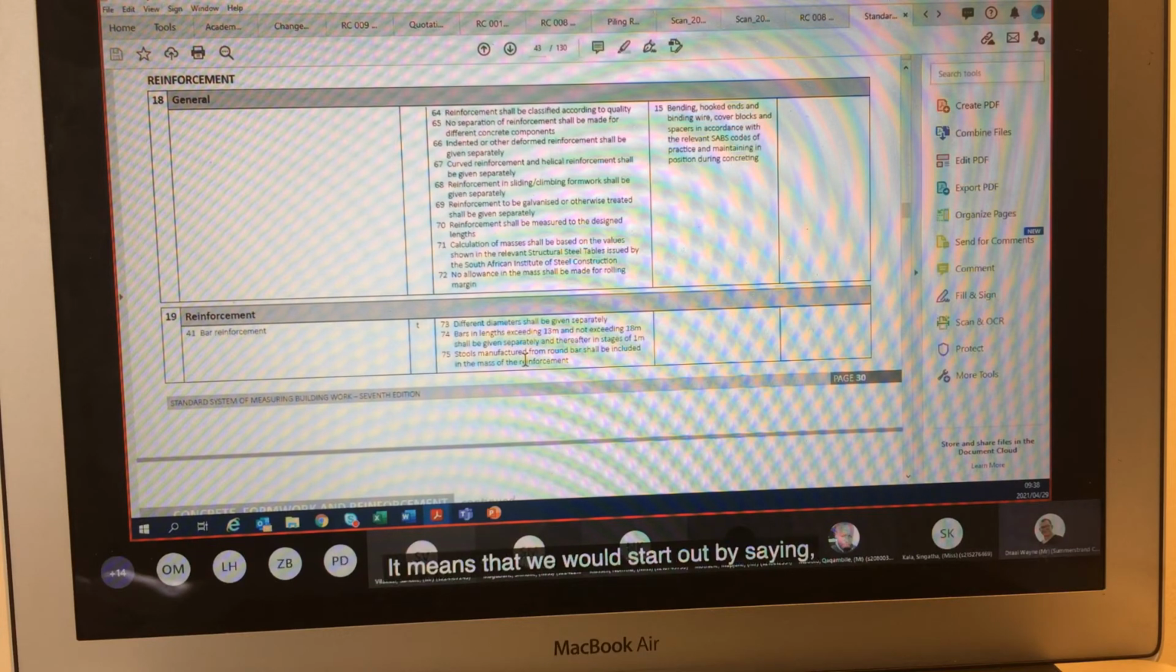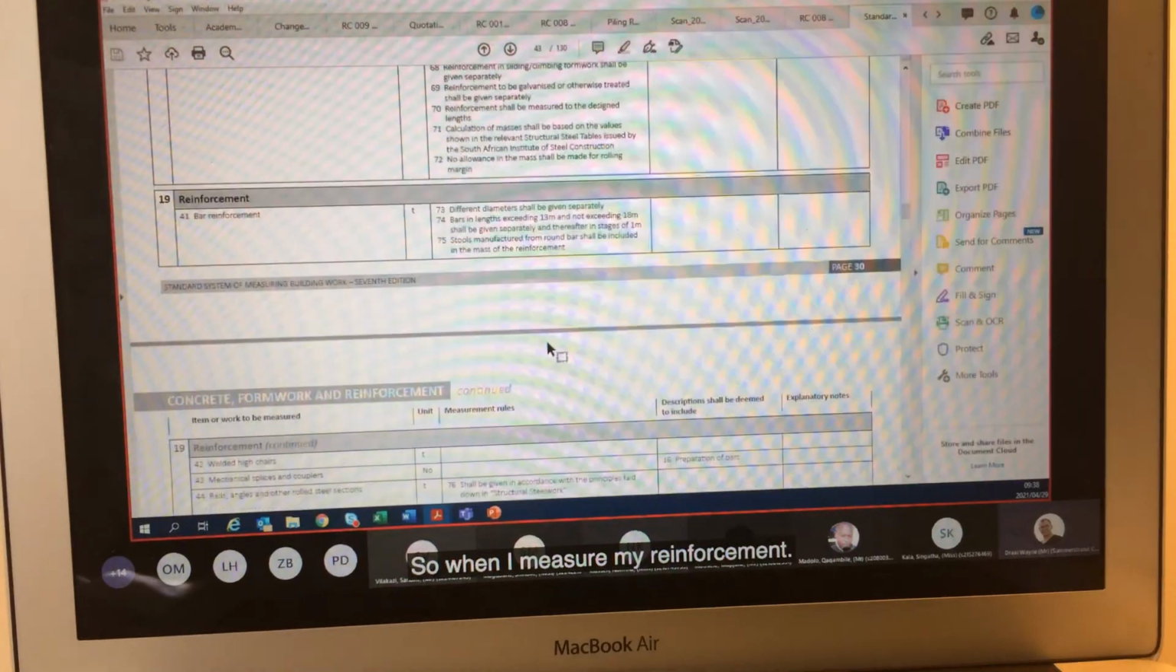So what does that mean? It means that we would start out by measuring our steel reinforcement up to 13 meters, not exceeding 13 meters, and thereafter we'll say exceeding 13, not exceeding 18, and thereafter exceeding 18, not exceeding 19. That is our increments of 1 meter after 18 meters. So when I measure my reinforcement,